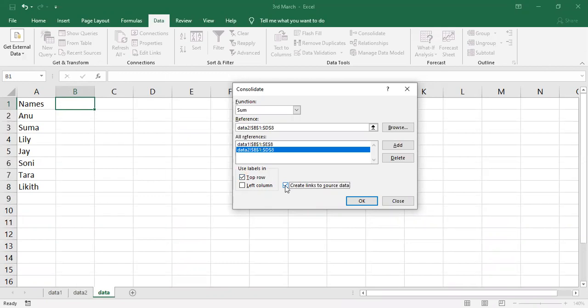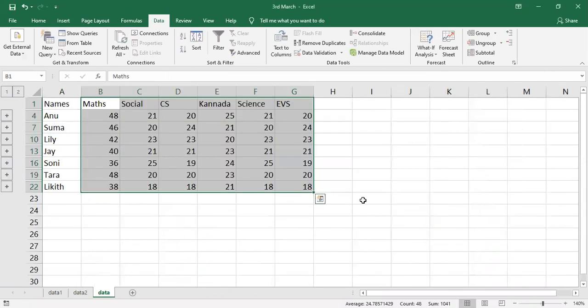Create links to source data means where you have the original data, because from there itself you are giving the reference, right? Now click on OK. Can you see there? It is showing maths marks combining both the sheet values. Then we have your social, CS, Kannada, science and EVS.